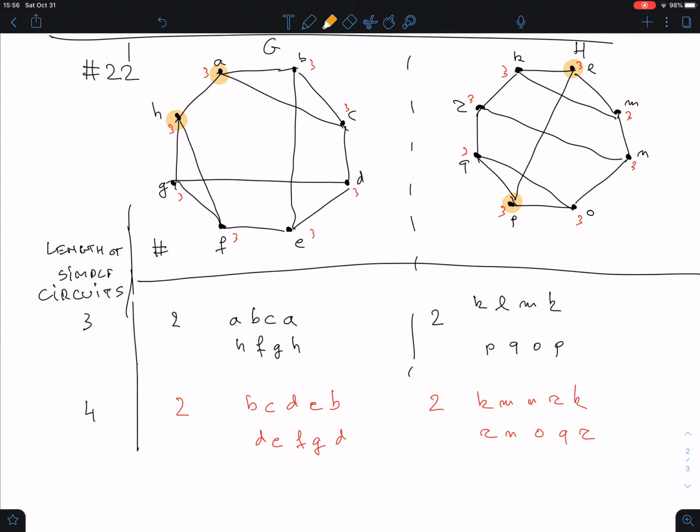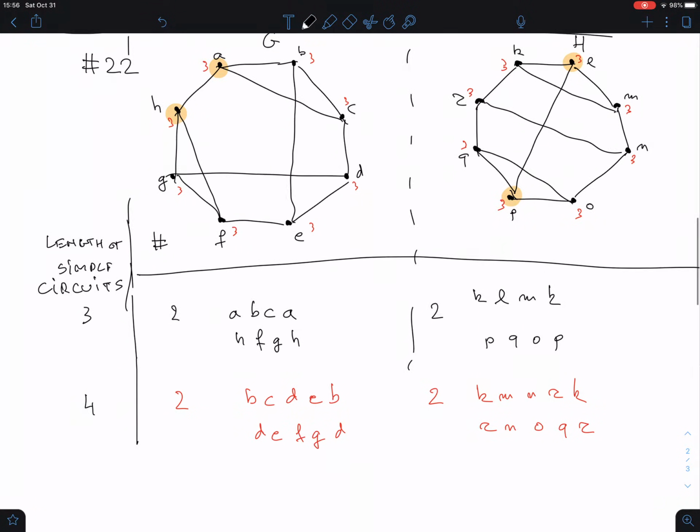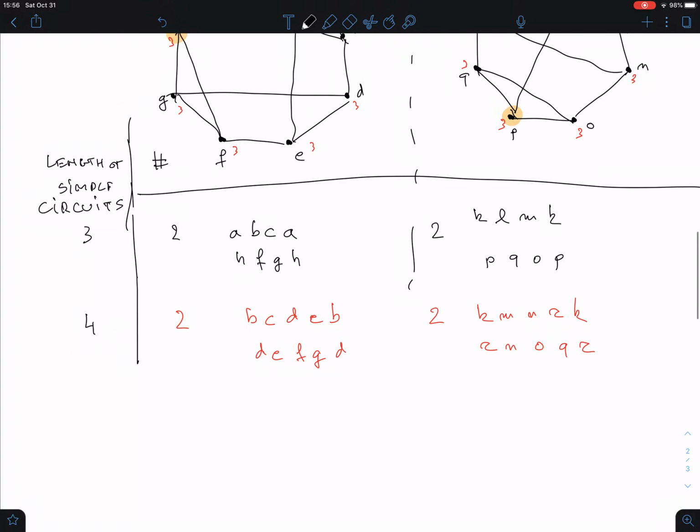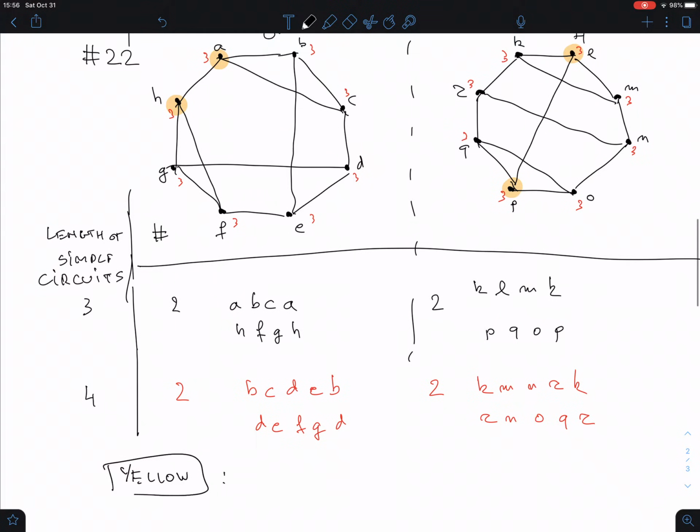What does that mean? That means that the yellow points have to map to the yellow points. Now, in which order, we don't know. And then we use this argument that I said. So this is talking about the yellow points. I'm not going to write it down, but I'll mark them here again. These are the points that are adjacent but lie in two different